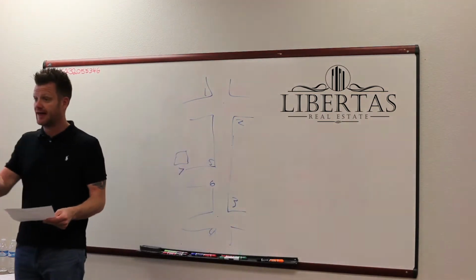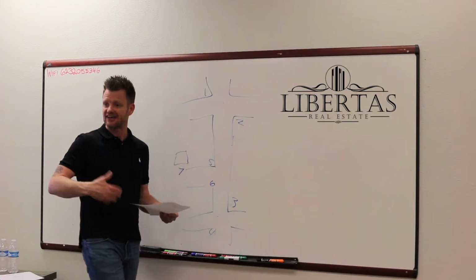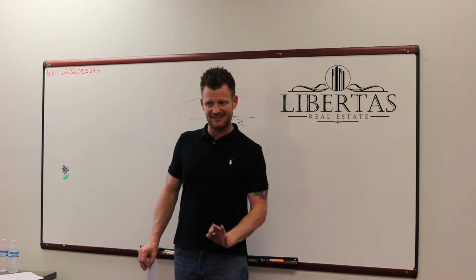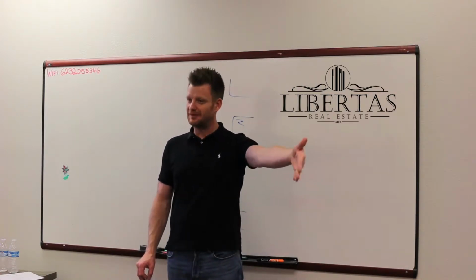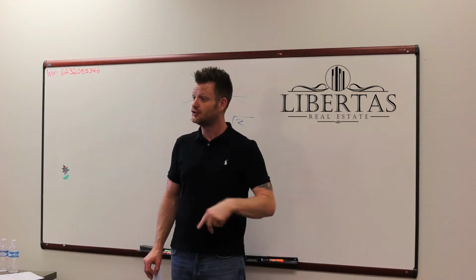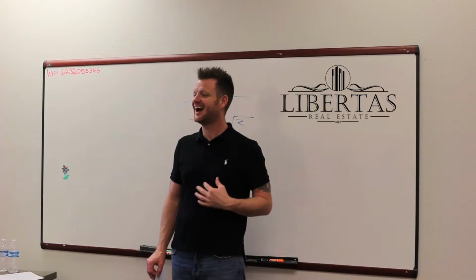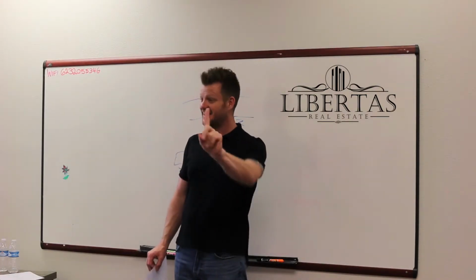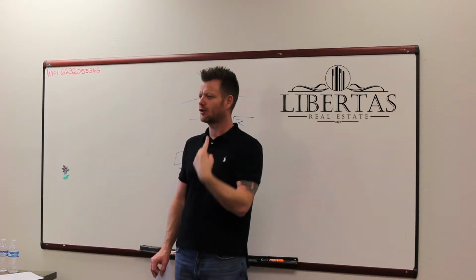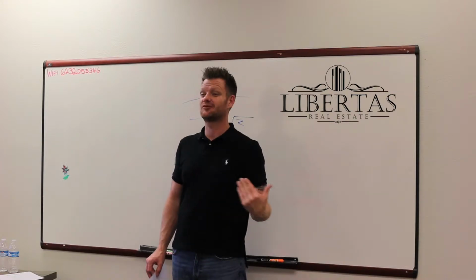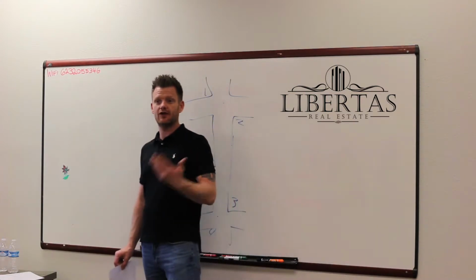Make sure you have a printout for that property in and of itself. So you've got property taxes, HOA fees, all of that pertinent information in case they ask you questions. Especially if it's your listing and you're there unprepared, not knowing the details about your property, and a prospective client walks through the door and asks you questions about your listing and you don't have the answers, how do you feel about yourself? Yeah, not so great, right? And if that is a potential seller that's interviewing agents in the local area, do you look like a high quality listing agent when you don't know the details about your own listing, right? So how simple is it to print out a sheet and just make sure you've got all the pertinent information?